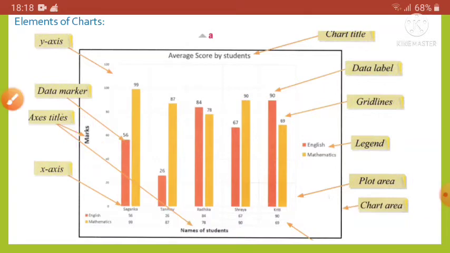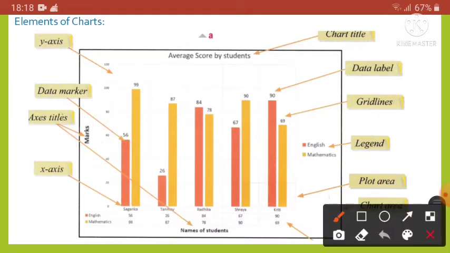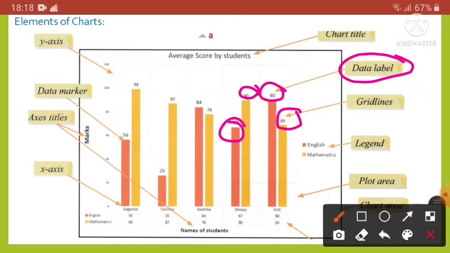Next one we will learn about data labels. As you see here, data labels are used for providing information regarding individual data markers. They can include the value being graphed either as a number or as a percentage, as you see here. Next one is data series.